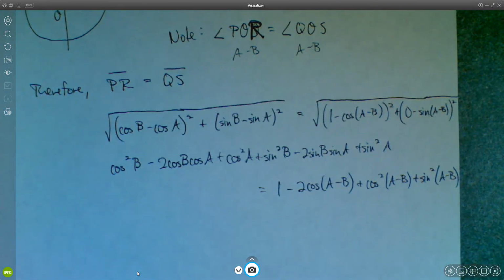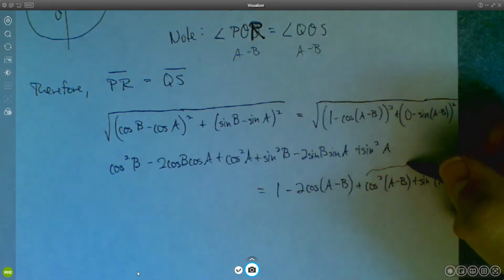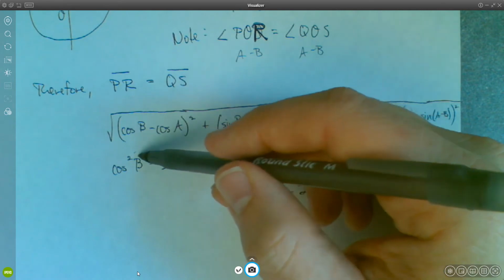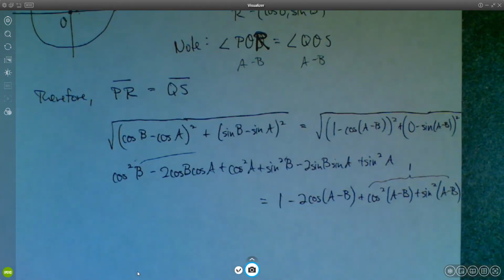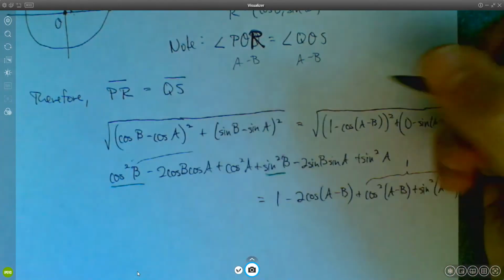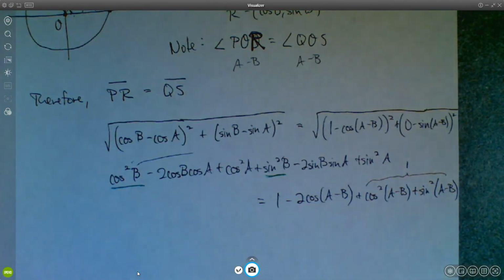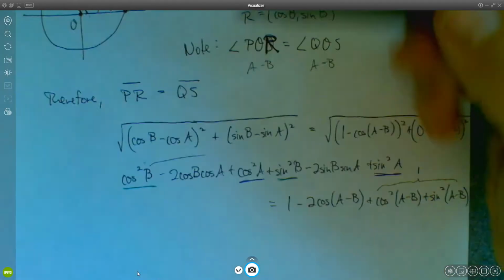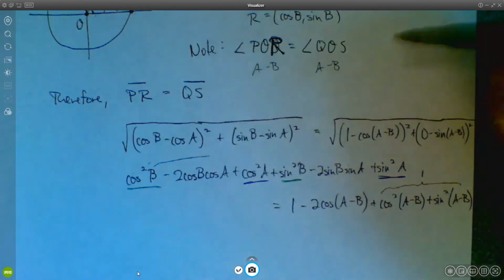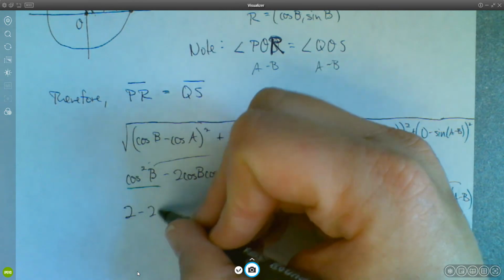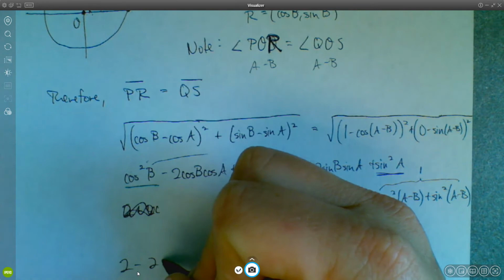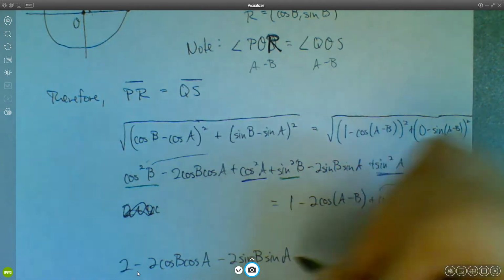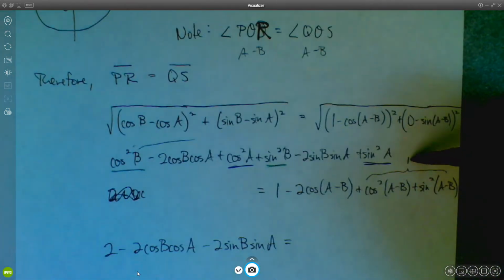Okay, so we've got a bunch of Pythagorean stuff that we can cancel. Like cosine squared plus sine squared is just going to be 1 here. Also, I've got a cosine squared B and a sine squared B, so those are going to combine to give me 1. So maybe I'll do this in a different color so you can see what I'm saying a little better. So when I combine these two, cosine squared plus sine squared, that's going to give me 1. And when I combine these two, cosine squared A plus sine squared A, that's also going to give me 1. So altogether I'm going to get a 1 from the greens and a 1 from the blues. That'll make 2. Minus 2 cosine B cosine A minus 2 sine B sine A, okay, equals, and then on the right hand side,